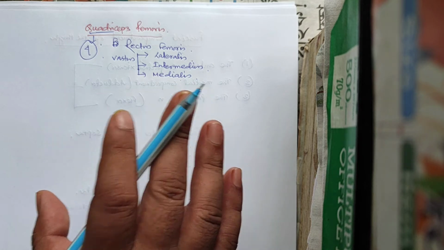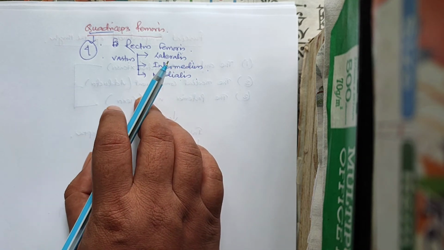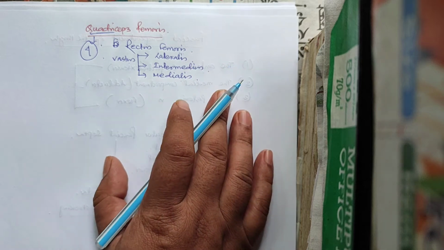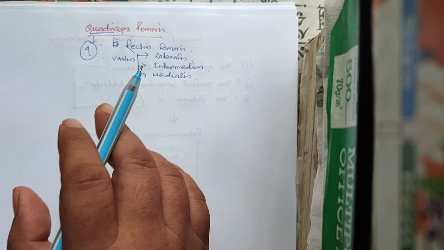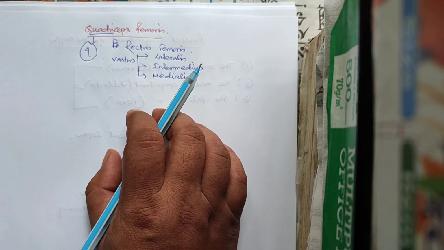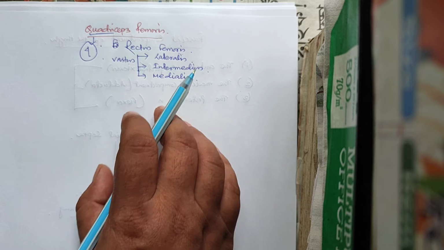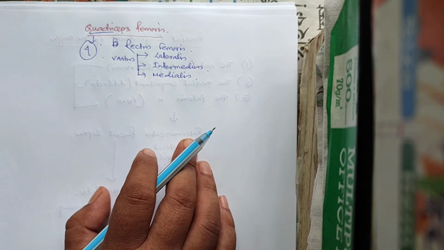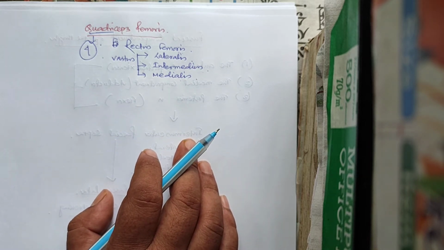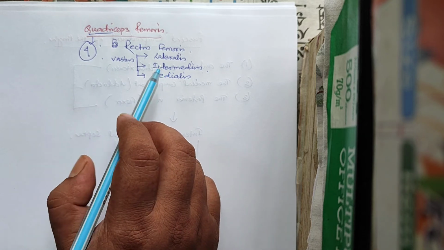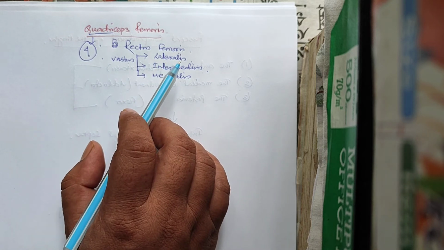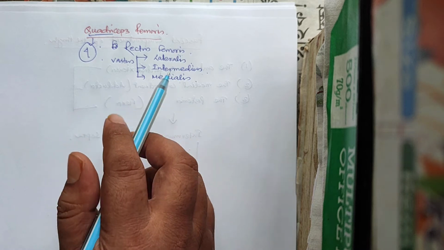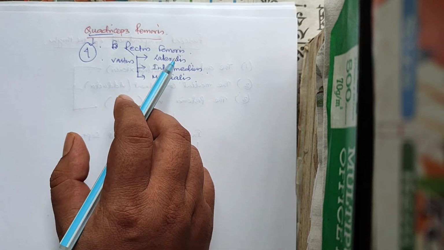It is the main bulk of the muscle of the anterior aspect of the thigh, and it is the most powerful extensor muscle of the knee joint. All the quadriceps muscles cross one joint, the knee joint, except the rectus femoris, which crosses two joints, the hip joint and knee joint.